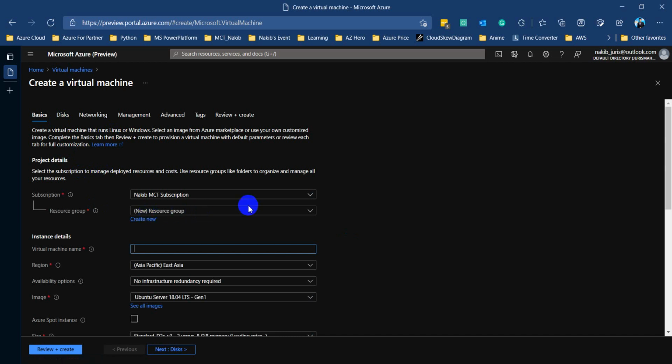Here, if we create a virtual machine in our existing resource group, we can use that resource from here, and if we want a new resource group, then we can use the create new button. Okay, so how does the resource group basically work? A resource group is where we keep our services based on functionality.